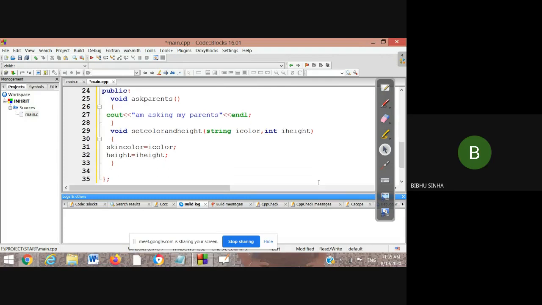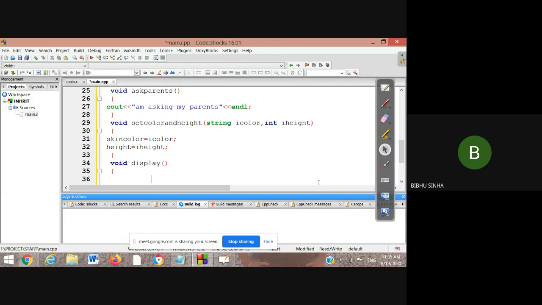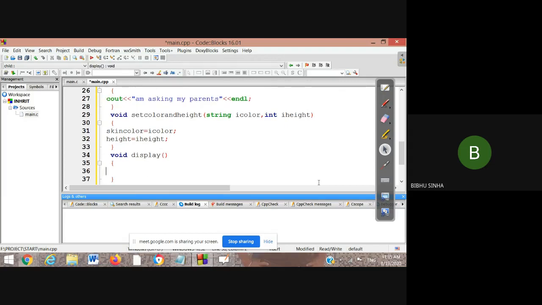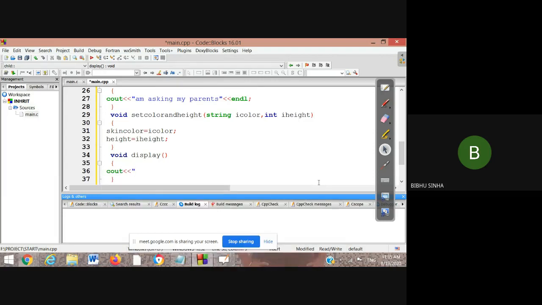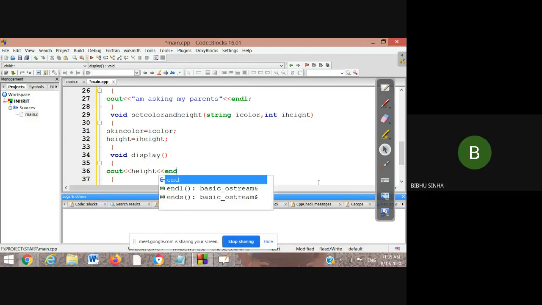One more method we are taking, void display, which prints some data. In that we are going to use a cout function and print the height. Again we are going to print the message of the skin color.